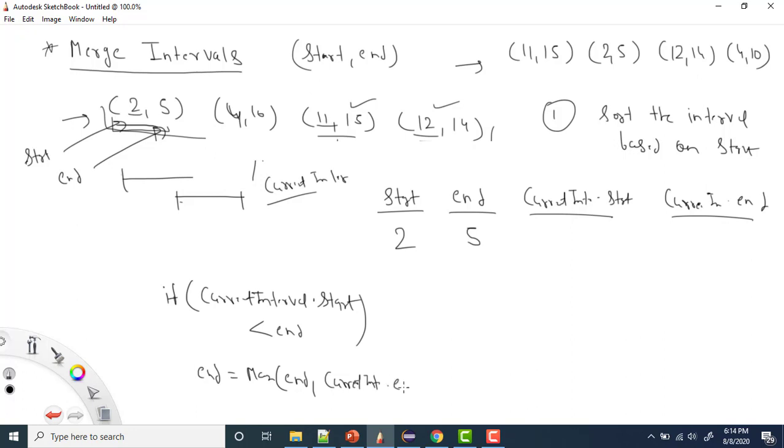So what is this case? Let's see this one. What is end? End we have this 5, and what is current interval? Current interval end is 10. So what is the maximum? Maximum is 10, right? So I will update the end here, and my start is still 2 and my end is updated to 10. So that's what I am doing only when it is overlapping, right? So now my start is 2 and my end is 10, and now I will move to the next interval,